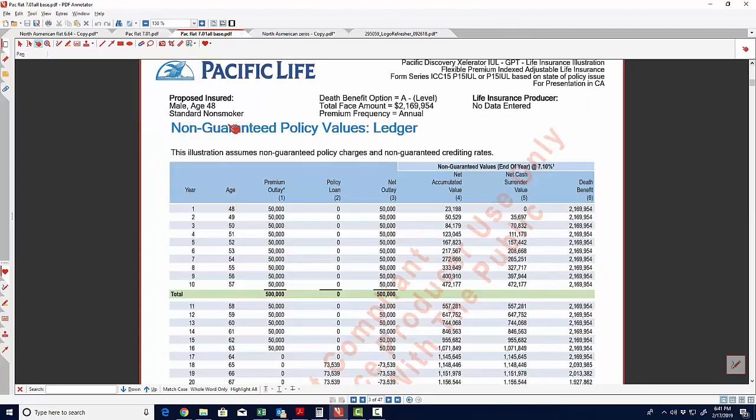So what you're looking at here is a Pac Life policy that is structured extremely poorly. It is structured so that the broker can make maximum commissions. And how do you know that? Well, you know that because they're using a bad death benefit option, and the death benefit is way up there. Whenever you see a huge death benefit like this, using the exact same premium, you know that more commissions are involved. But again, it's the same 48-year-old male standard non-smoker.